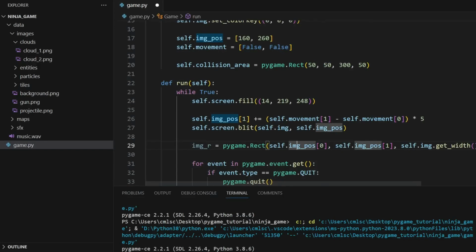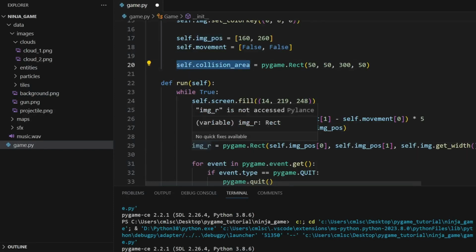You can draw it as a box, or you can draw it as a filled in rectangle. You can also do the collision detection with them. We'll be doing both here. So right now we have this one rectangle which we don't want to move, that we're just using to test